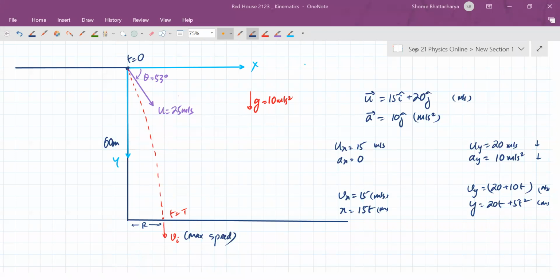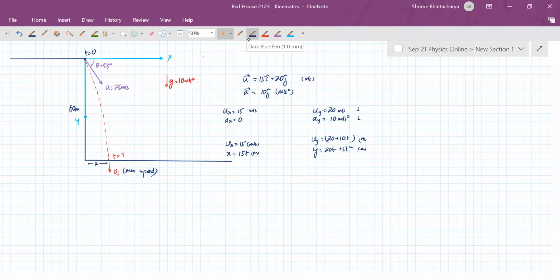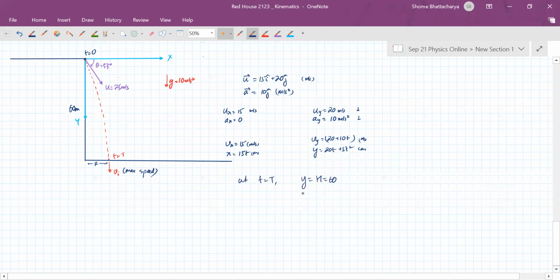No, Adinath, the time will come out to be quite a simple value. It's a very similar type of quadratic equation you'll have to solve. So this time, what should be the y coordinate at time capital T? 60. Yeah, it's plus 60. So just substitute that over here. The y coordinate is h or 60, the x coordinate is R, and the velocity is the impact velocity. Starting with this,